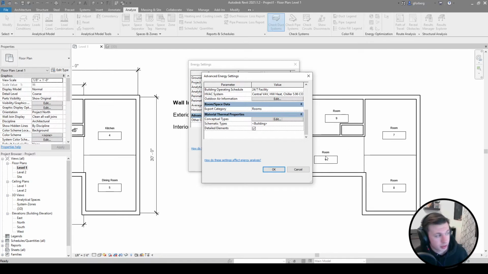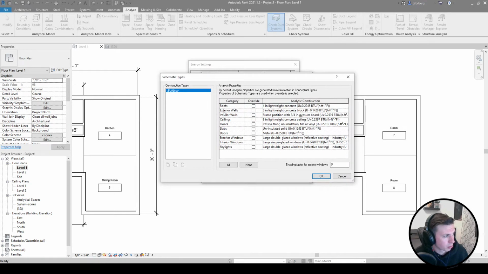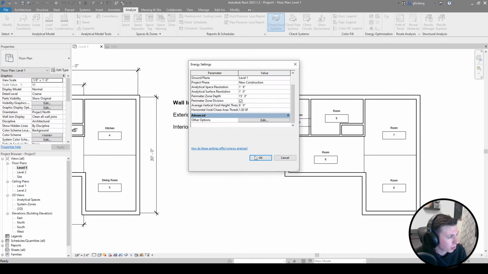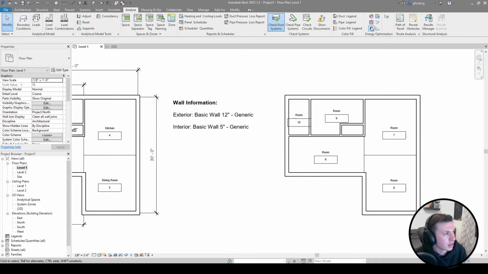Otherwise it would throw in generic ones based on these standards right here, what our roof, exterior walls, and we would override those if we wanted to use them, but we want to grab our building elements. If we don't get that, we're gonna have our detailed elements unchecked. We want to check that, so make sure that is checked. We can hit OK, OK, and now we can create an energy model,